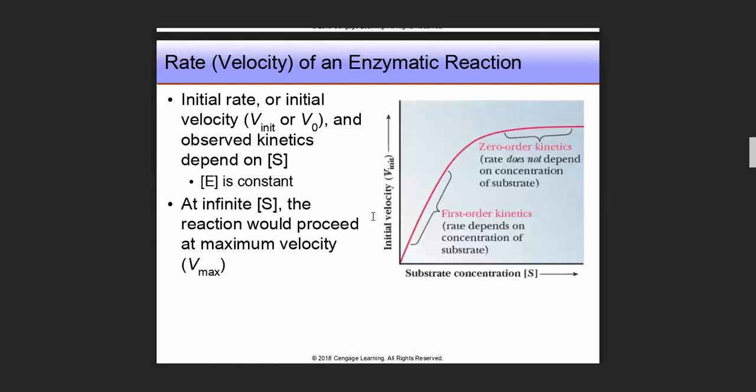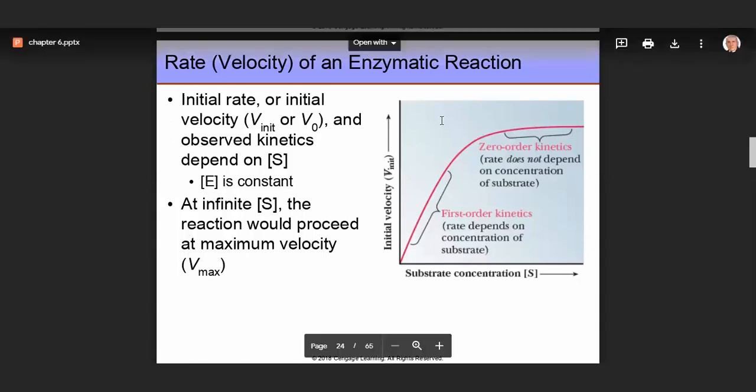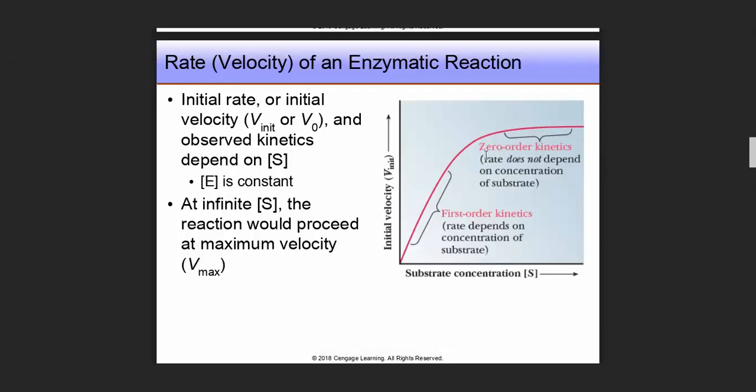You remember we said when we plot the initial velocity versus substrate concentration, at the beginning the rate or the velocity increases linearly with substrate concentration. And we call this first order kinetics because the rate depends on the substrate concentration. However, after that, the curve levels off here, and this occurs at infinite substrate concentration, and the reaction would proceed at a maximum velocity. So here, this is known as zero order kinetics, where rate does not depend on concentration of